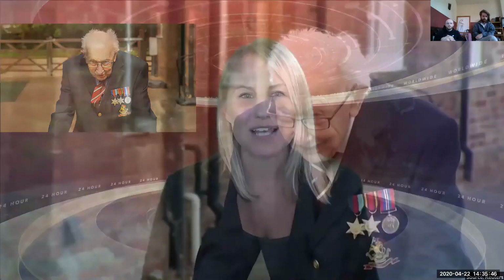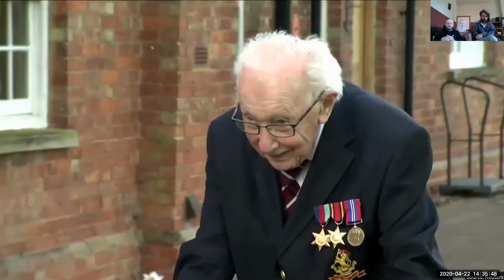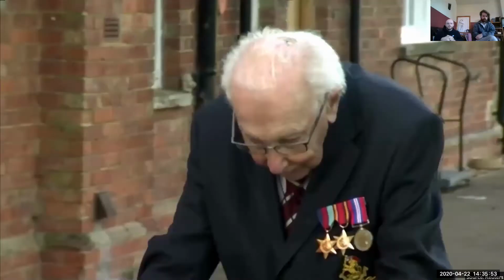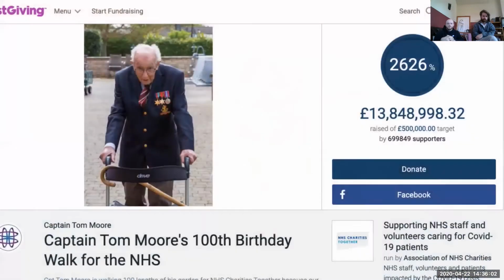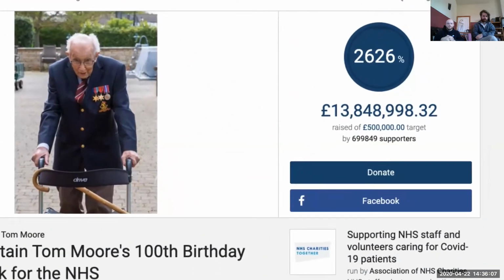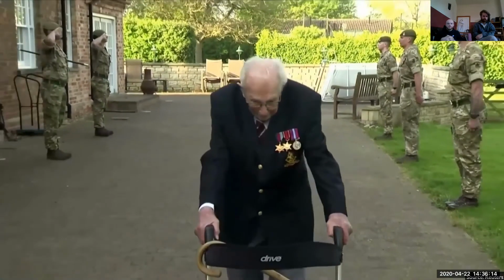A 99-year-old war veteran has walked around his garden 100 times to raise more than £13 million for Britain's National Health Service. At first, Captain Tom Moore wanted to raise £1,000 by finishing the task before his 100th birthday on the 30th of April. But more than 650,000 people from around the world made donations to his fundraising page, which temporarily crashed. With the help of a walking frame, he walked a total of 2,500 metres and finished 2 weeks